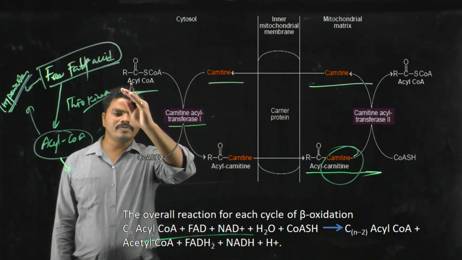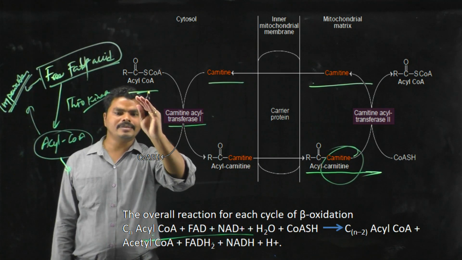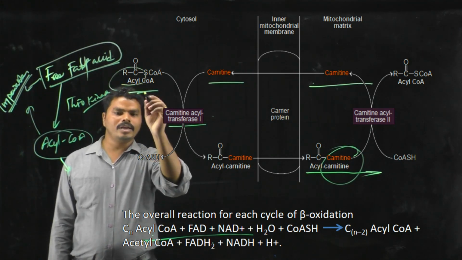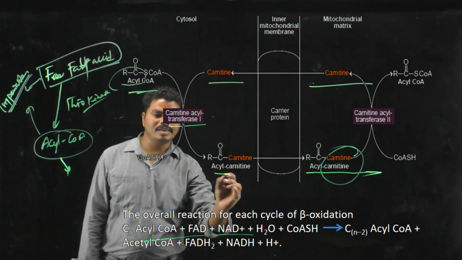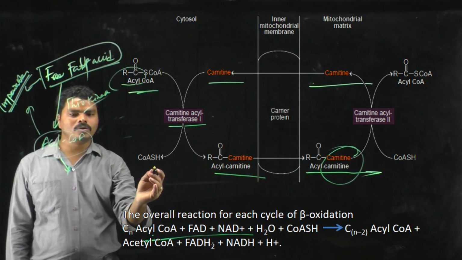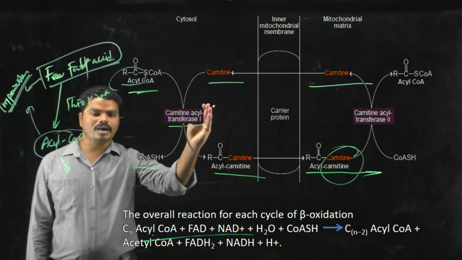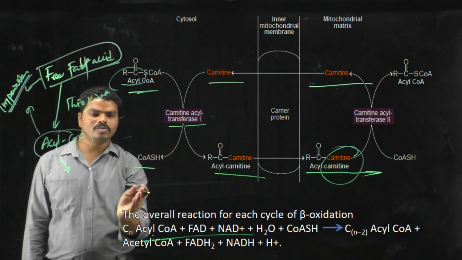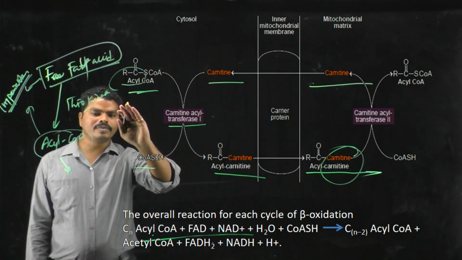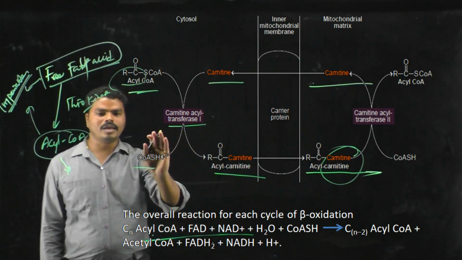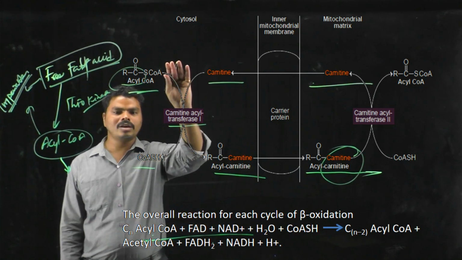The acyl group of acyl-CoA, that is the activated fatty acid, is attached to the carnitine. So here it forms the acyl carnitine. And here we can see the CoA. The CoA remains when the acyl group is transferred to the carnitine. This acyl group transfer from activated fatty acid to the carnitine system is done by the action of carnitine acyl transferase 1. This whole process happens in the cytosol of the cell.